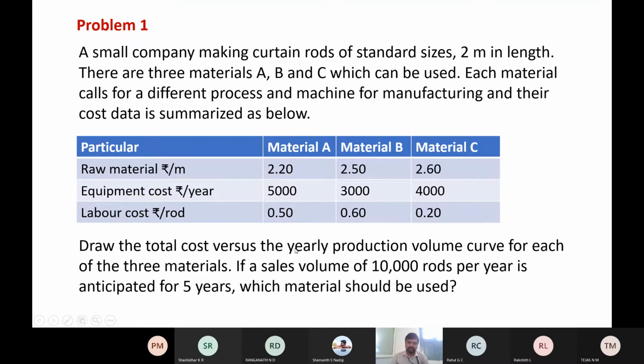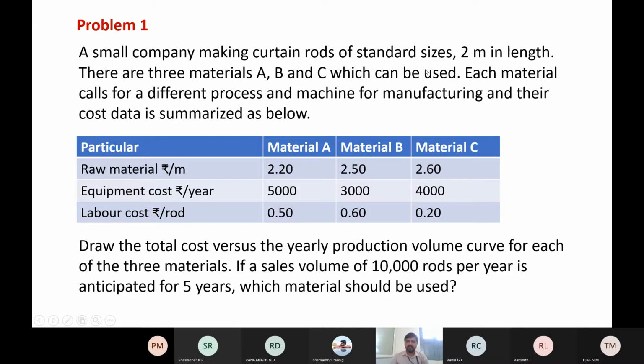Draw the cost versus the yearly production volume curve for each of the three materials. If a sales volume of 10,000 rods per year is anticipated for 5 years, which material should be used? So here,